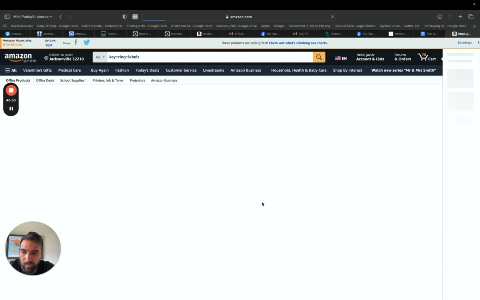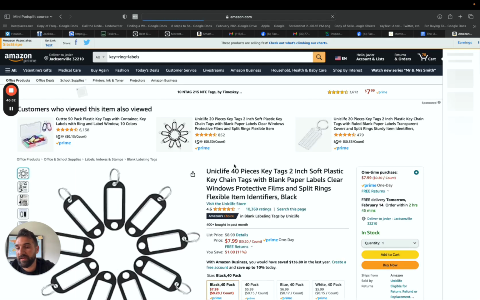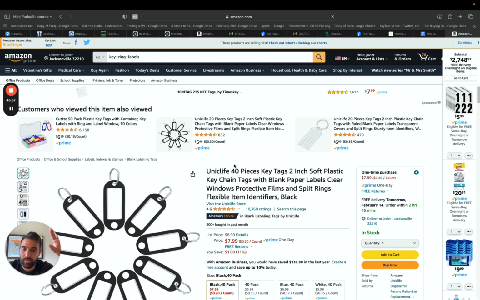Key labels, super important. When you do your hard copy of the keys, every single room needs to have its own hard copy key. And then they also need to have their own lockbox. If you saw in the beginning of the video where I added the lockboxes, each one, so room 1 is going to have its own lockbox, room 2 is going to have its own lockbox, room 3, room 4, etc. And then you need to have